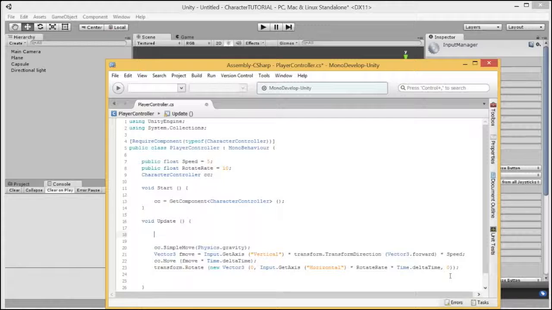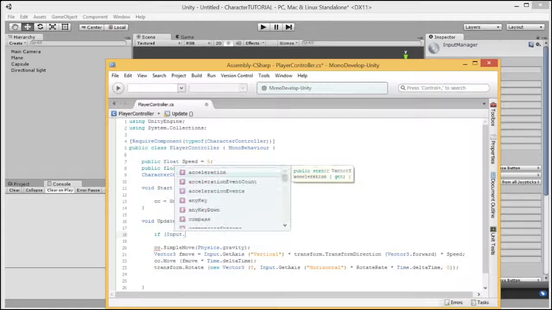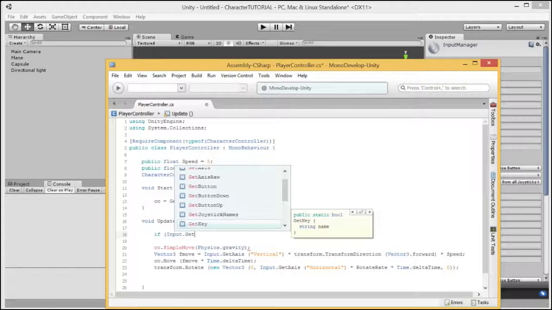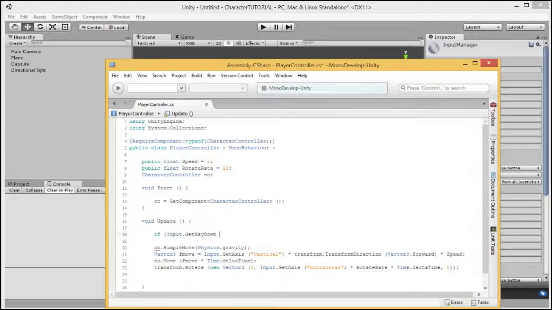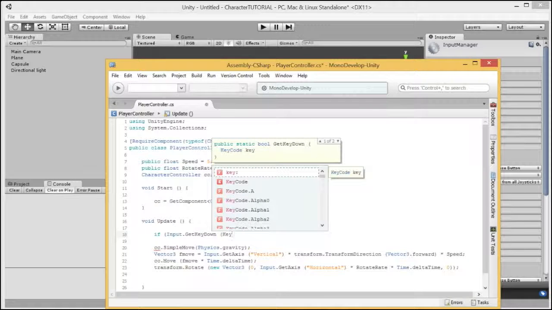Let's start: if the input of a certain key is down, and that key is the left shift key,